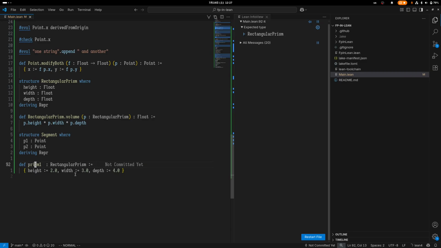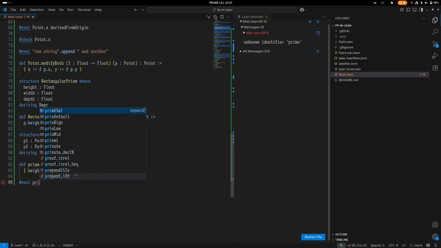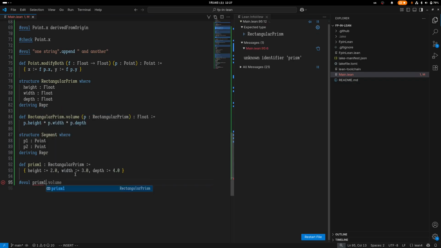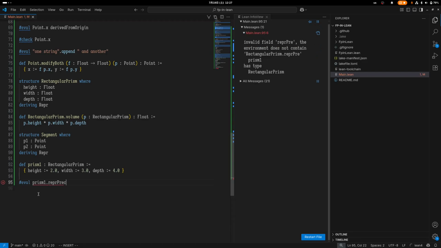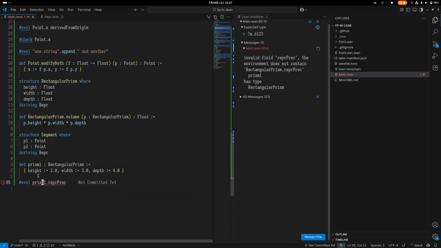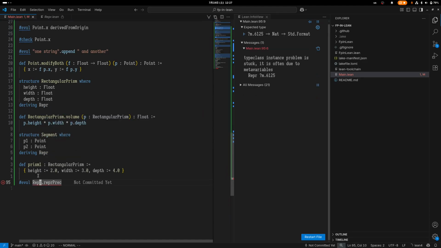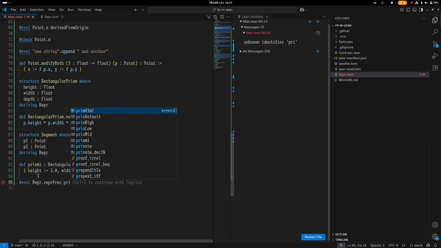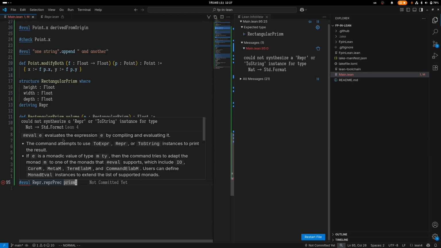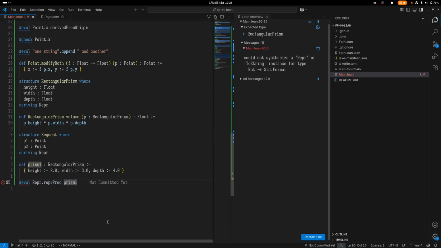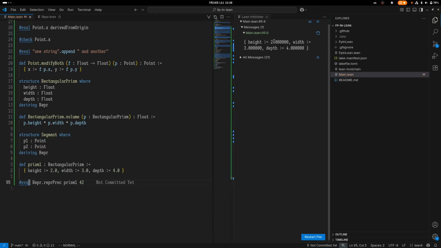Let's define one, and first of all, prism1.volume. That seems to work. And then, how was it called? Wrapper prec? No. Somehow we cannot call this. So I guess it doesn't work like this. So maybe wrapper prec... prism1 could not synthesize a wrapper to string for a type not std. And I guess then we have to provide this with a number, and maybe that's the width for it